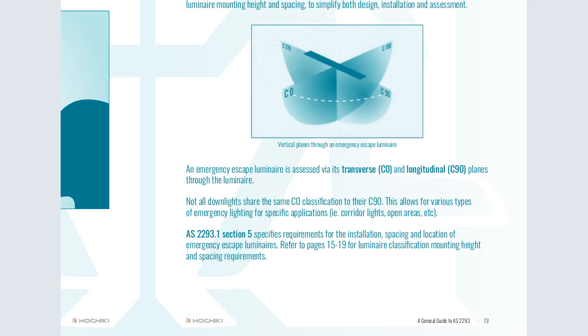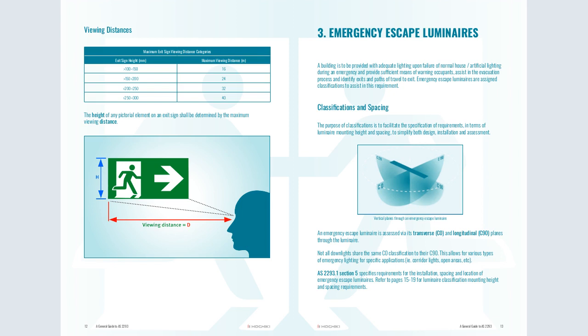So the viewing distance. When you are designing the emergency lighting, either for the turn right or the turn left or go straight, we have to consider the height. We have said that the exit sign height must not exceed 2 meters, not less than 2 meters. So when we are designing, the height of the pictorial element of an exit sign shall be determined by the maximum viewing distance. So you can see the height should be considered and the viewing distance. The viewing distance is the distance from where the viewer will stand so that the viewer can be able to see that